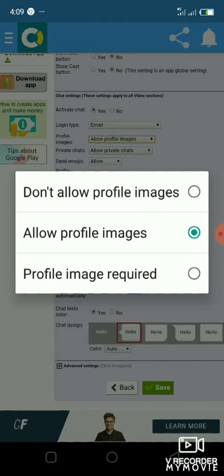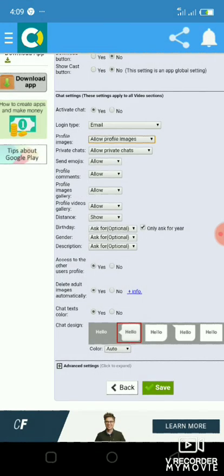Facebook does not mandate you to put an image, and neither does WhatsApp. But if you want to mandate your people, you put on this last one. But my own, I want it to be allow profile image. If you put it on don't allow profile image, there is no place the person will be able to upload an image at all. I will leave it on this middle one.